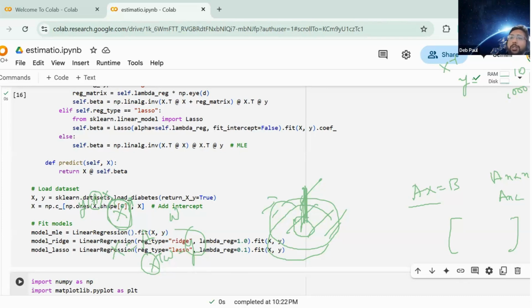That's one. Second thing, if I have 10 samples and 1,000 features, I cannot go to the columns because there are too many features, right? So usually the number of features should be less than the number of samples. Again, that follows from the principle of solving an equation. But since I can't find an exact solution, I will find the closest approximation to my solution, and then I will estimate that with least squares.